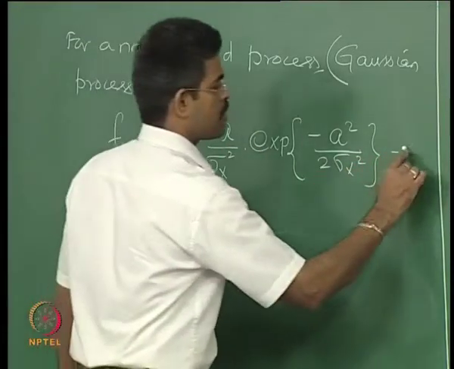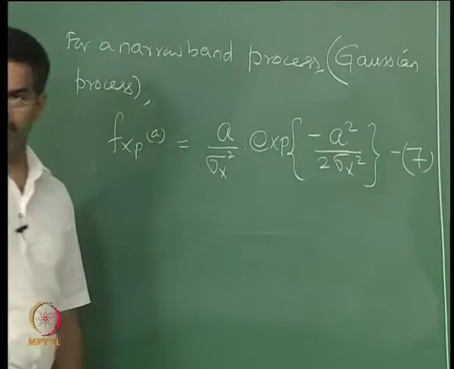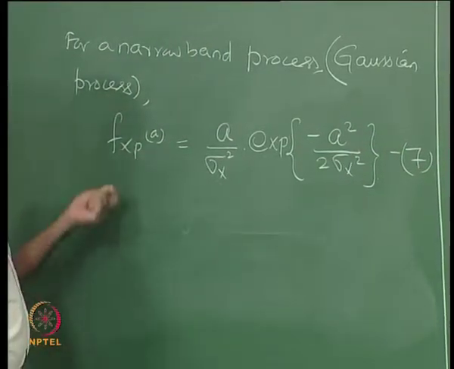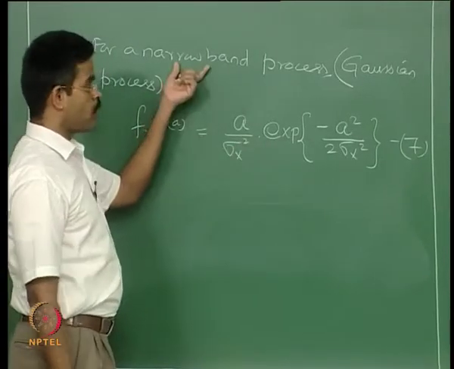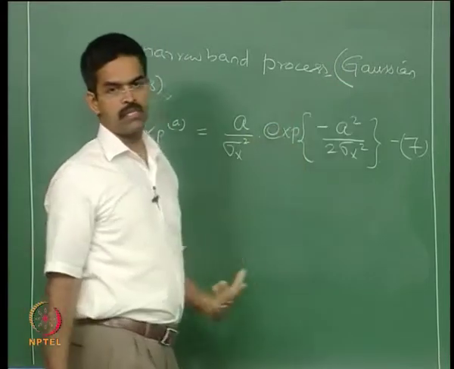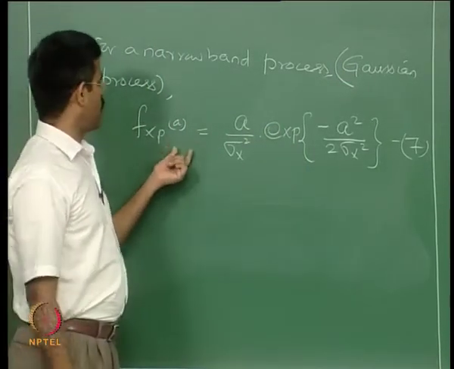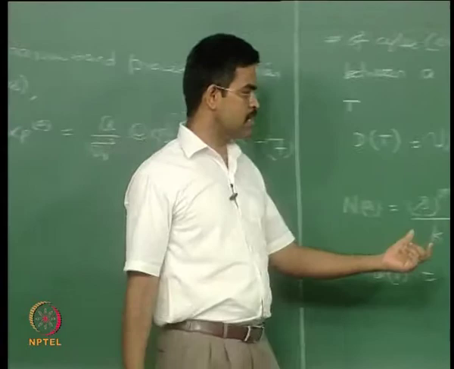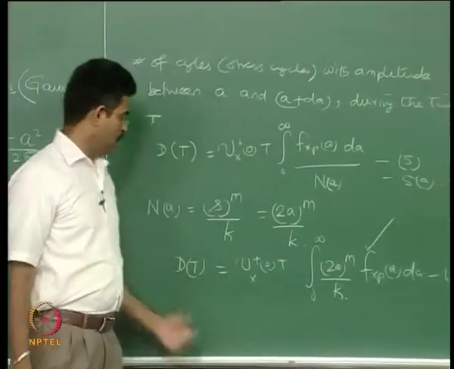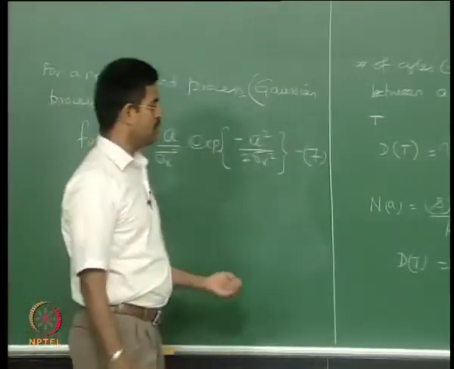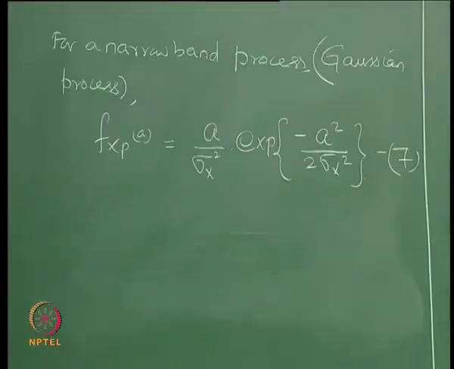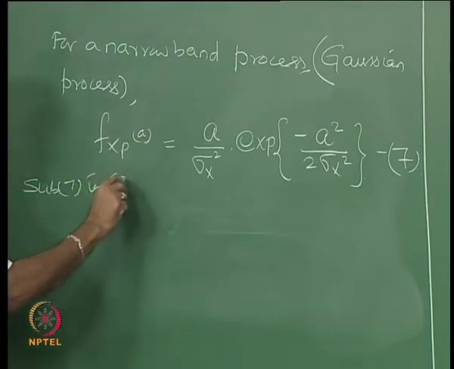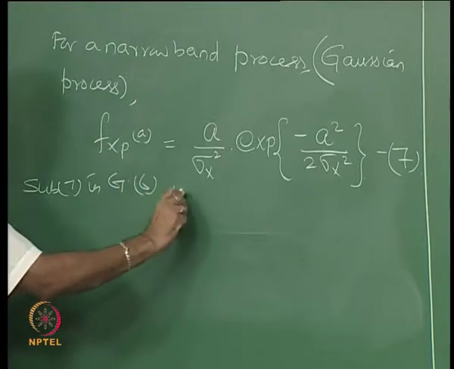I call this equation number 7. So, I know the value of f_xp(A) given by this function if it is a narrowband process having Gaussian distribution. Substitute this value of f_xp(A) in equation 6 to find the cumulative damage D of t. So, substituting 7 in equation 6 we get